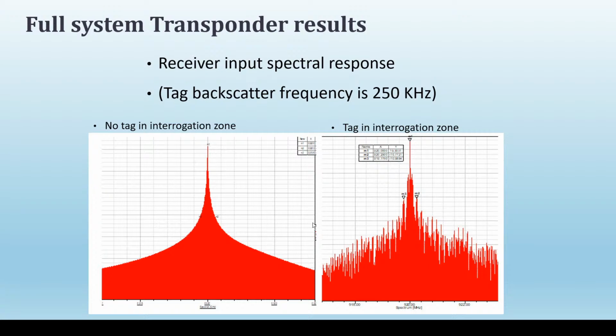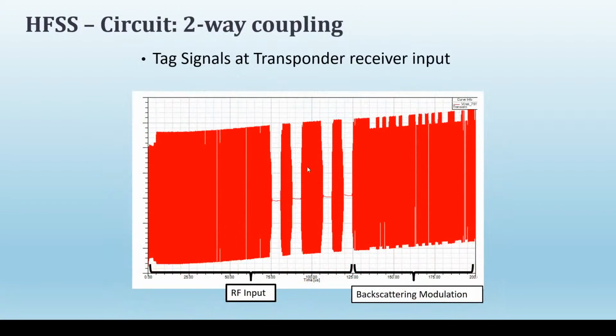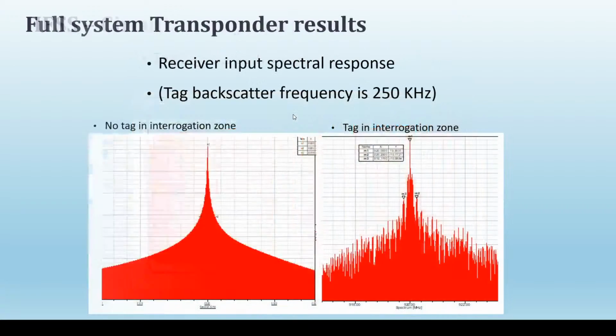With the circuit, we can look at the result without any tag excited, or you can excite, let's say, one of the tags, and then look at the full system transponder results. Right. So next is how the tag signal looks at the transponder receiver input. Again, we have our RF signal and backscattering modulation signal. Sorry, I have to change the title, but